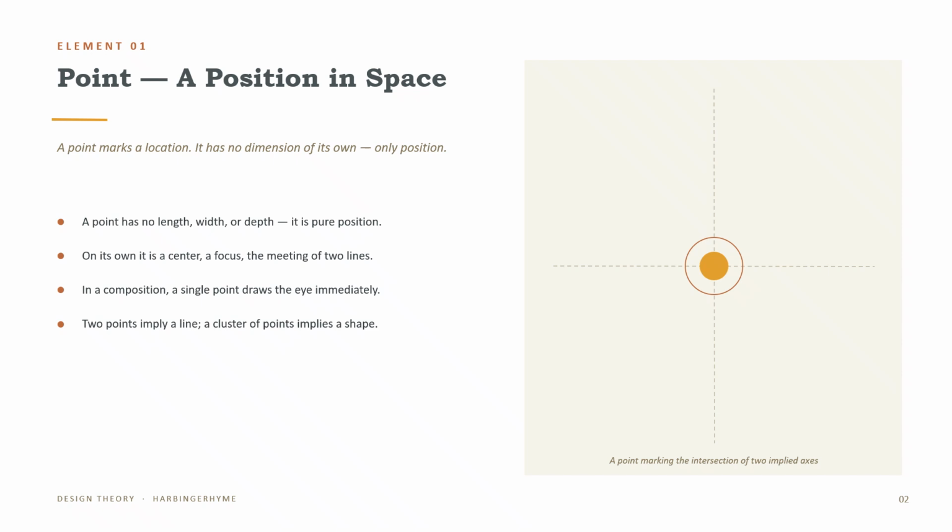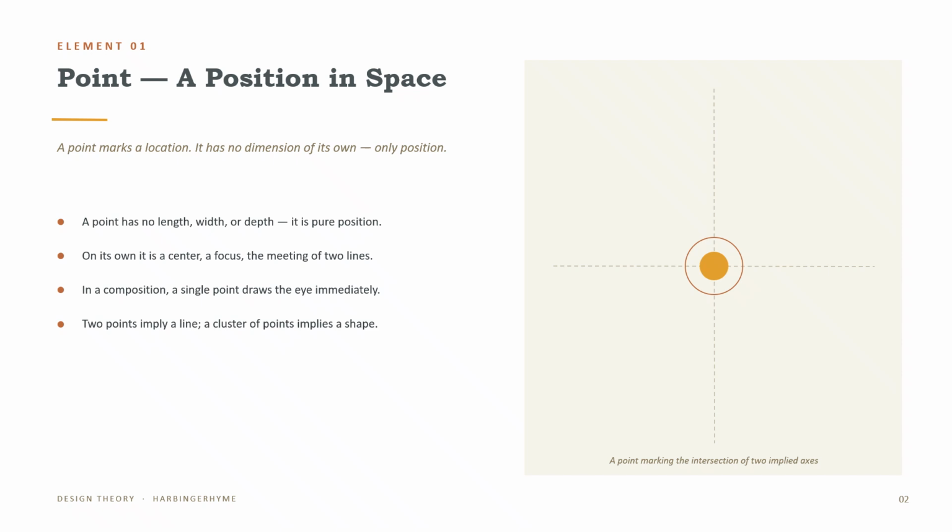But don't underestimate it. A single point in an empty composition becomes the most powerful thing on the page because the eye is drawn to it instantly. Architecturally, think of a point as a column in a field or the center of a plaza. And notice the moment you place a second point, your mind automatically draws a line between them. That's our next element. So, from this lesson, we'll remember